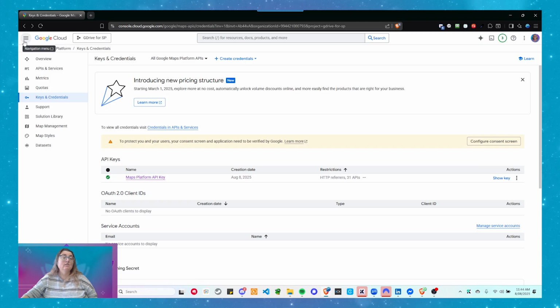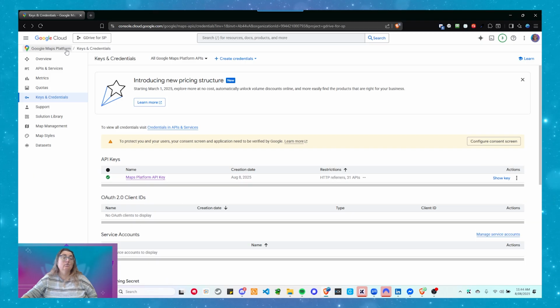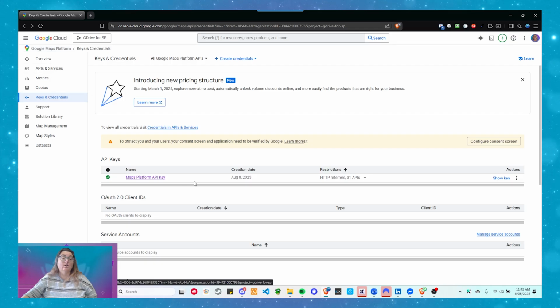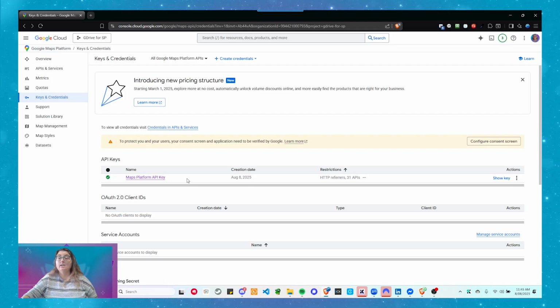In the left-hand menu, we came down until we found the Google Maps platform. And then once we're in Google Maps platform, we came down to keys and credentials, identified the key that we wanted to use, and restricted it, added in the restrictions.